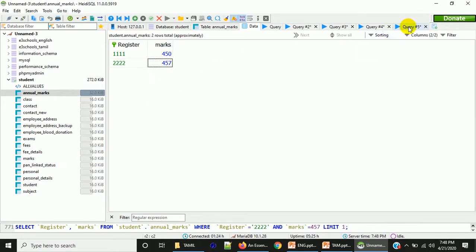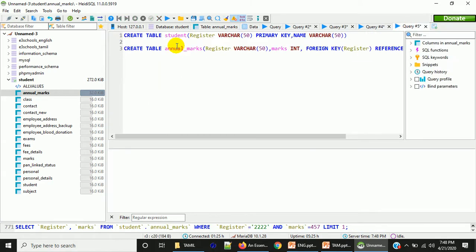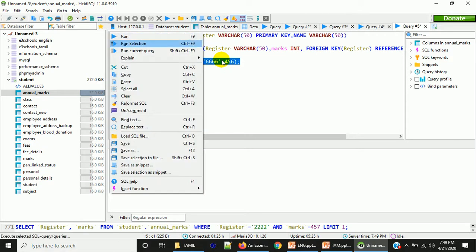Okay, let us try another way of inserting the same value. Insert into annual marks. Now I will try to insert a value that is not available in student table, comma 456. It must throw an error.